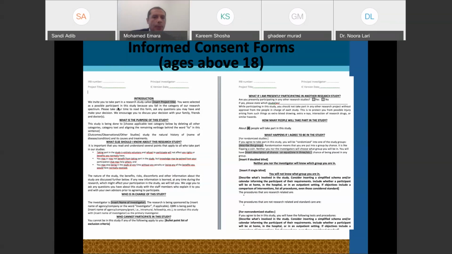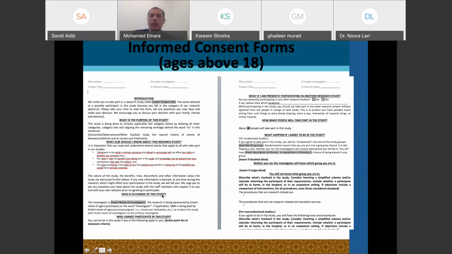Then, what is the purpose of this study? The objective. The human subject should know why he's participating here. I'm doing this experiment, for example, on autism spectrum disorder to look at the genetic differences between different participants. So you need to understand that, in simple words. I'm going to say that later. What should you know about the research study? Anything you need to add, which is very important, you highlight it, please do it.